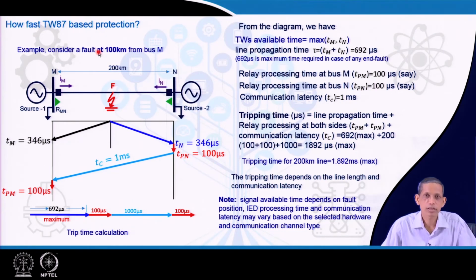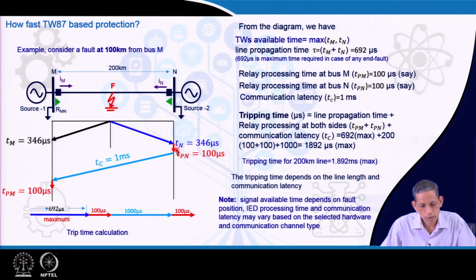Now, in this slide we will try to see what the time frame on decision is, because we are mentioning only a few milliseconds. For the same 200 kilometer line, the fault happens to be somewhere midway and the wave travels this side and that side exactly 100 kilometers. So, that is why it takes 346 microseconds this side and 346 microseconds this side. Once this reaches this end, let us say all our calculations are based on the M end; similar calculations are there at the N end also.